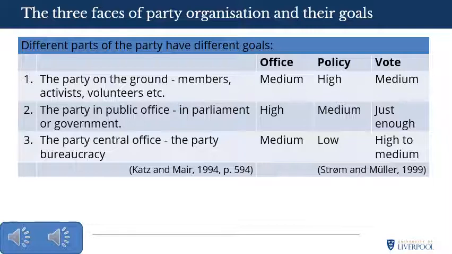On the other hand, the party in public office comprises politicians whose livelihood is based on being in office and who want to win elections in order to remain in that office. Thus, they aim to maximise their votes. Pursuing policies which are seen as too extreme is harmful to a vote maximising strategy, and thus the aims of the party in public office might run contrary to the aims of the party on the ground. And this is a source of conflict.